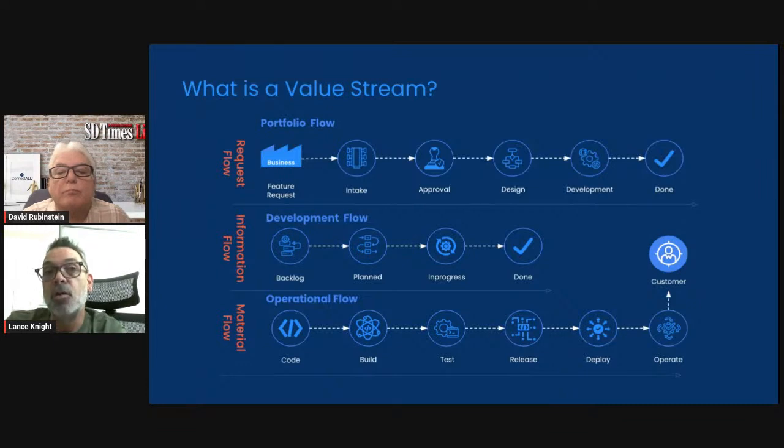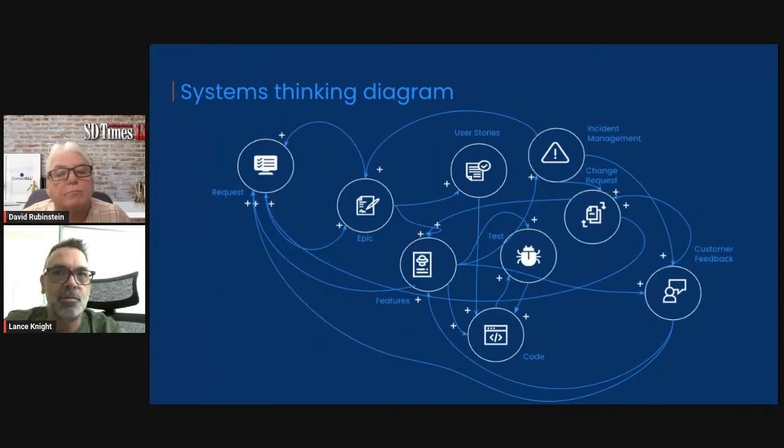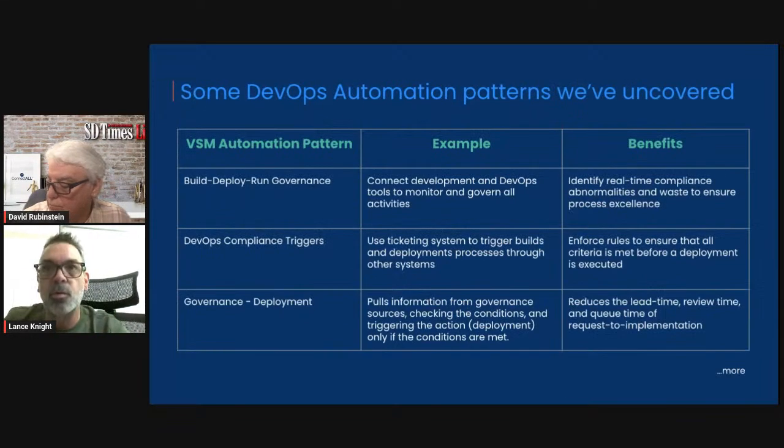So if you want to improve flow, map your value stream. And if you're doing it with materials and manufacturing, cool. But this is different. Software development is different. There's more collaboration going on. There's more noise in the value stream than just raw materials and parts flowing. So use a systems diagram that shows how all these things are breaking up and working together. And then you start to see noise. And then in there, between those two, you'll start to see patterns.